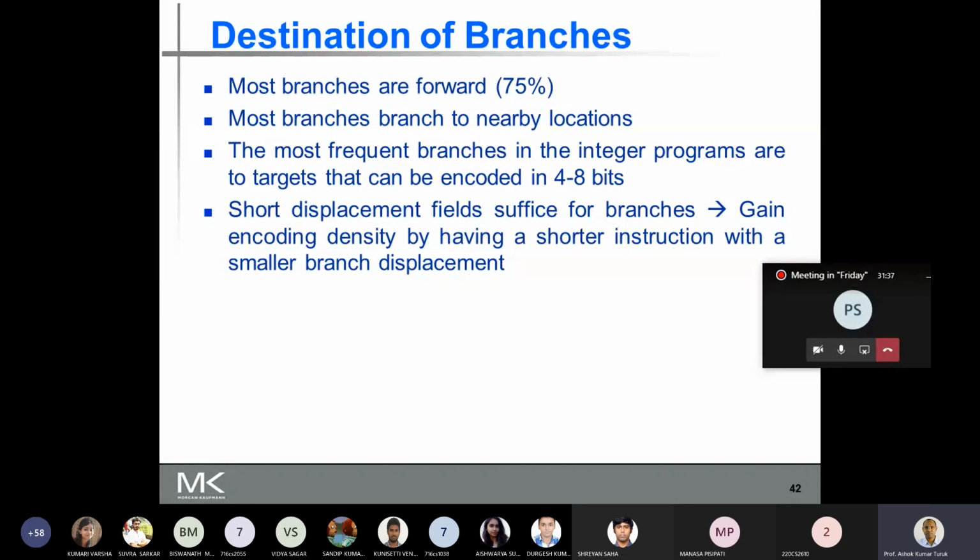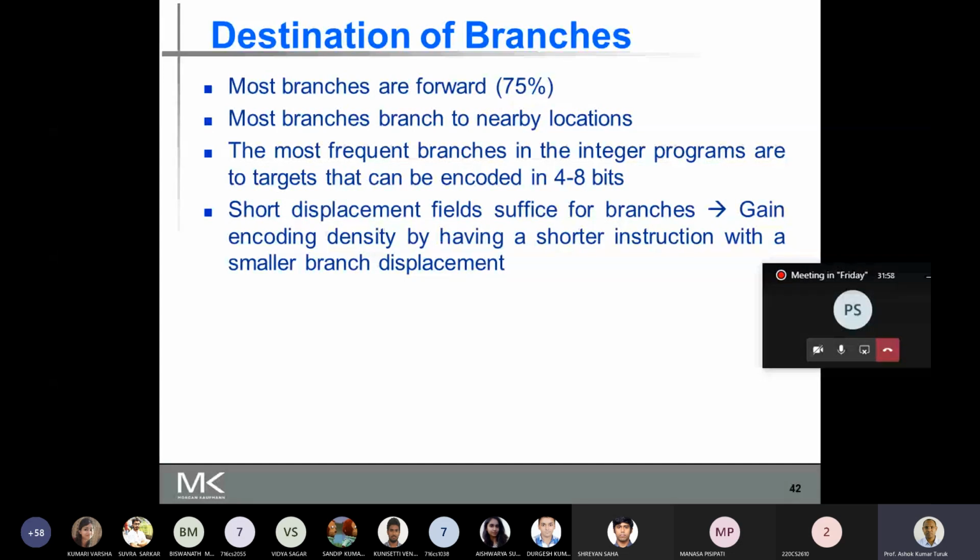Now, for most branch instructions, the displacement is encoded into 4 and 8 bits, so it is a short displacement. If you have a short displacement, then we can get encoding density by having shorter instructions with a smaller branch displacement.